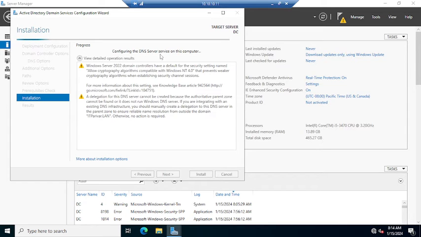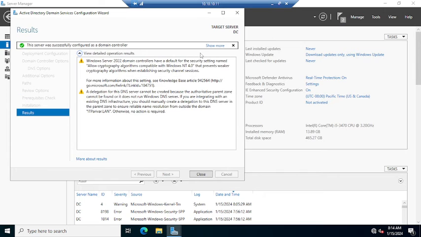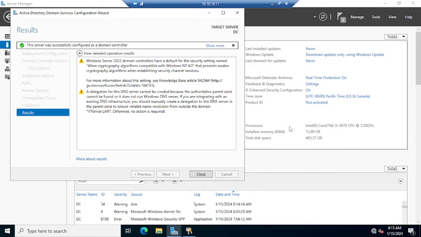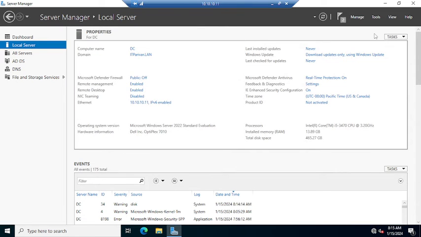So all the process will be running in the background to promote this server as a domain controller. Here it's showing configuring the DNS service on this computer. You can see you are about to be signed out, right? So this server will be restarted automatically. Once we close this in a few seconds,